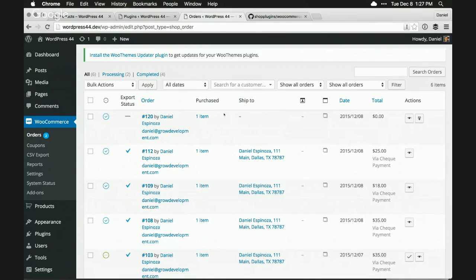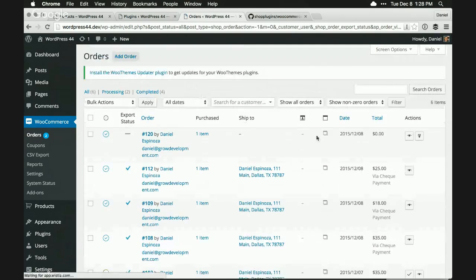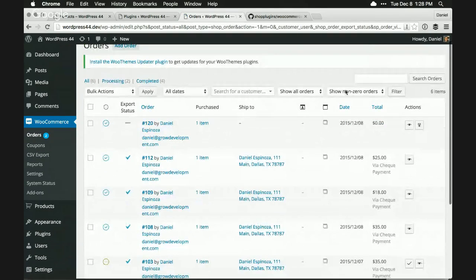The best way for filtering this view, this is a view of a custom post type, is to use a meta key query and add an interface here for the admin to turn that on. So what I did is I added this one right here, show all orders and show non-0 orders, to the filter. So right now it's showing all orders, and if I select this and press filter, then my filter kicks in, and I should only be showing non-0 orders, but